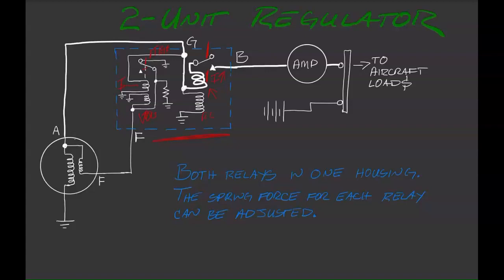So if I take the reverse current spring and I make it stronger, then the required generator voltage will have to be higher. It doesn't make the voltage higher, it's going to make a higher voltage necessary to close that relay. And the same thing